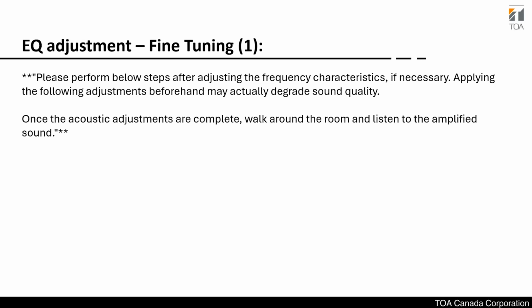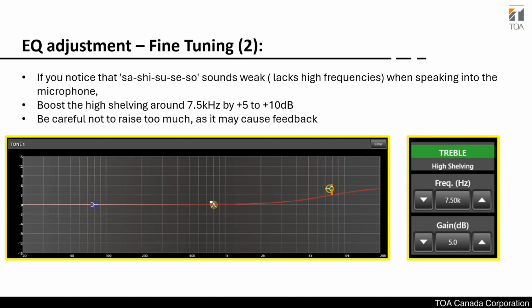So the gain structure, what we mentioned before, is the first step. After you've done all the correction or the adjustment, then you will go through this frequency EQ adjustment. So this is the second, fine-tune tips. If you notice the sound is quite weak, it's not so full,